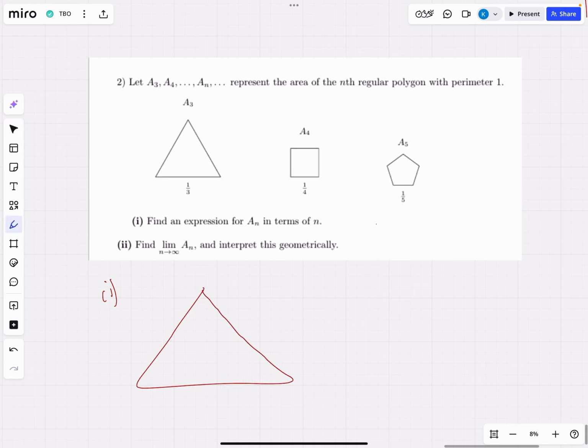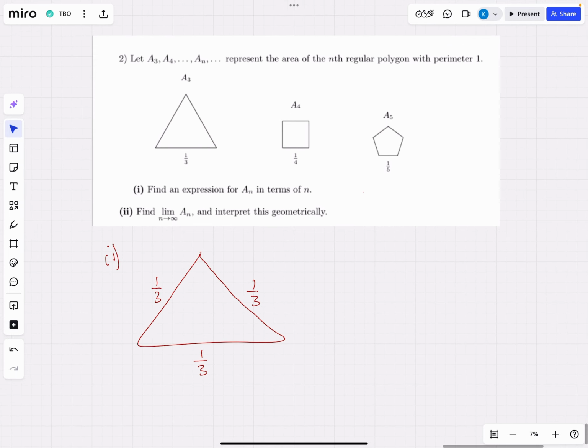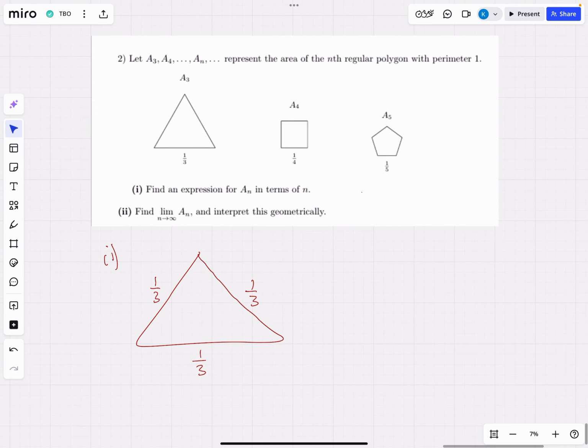So, with our triangle, I guess that's pretty much the easiest one. We're going to have here, this angle here is simply pi over 3. And I know that the area of any triangle is going to be a half AB sine C. So in this case, I'm going to have a half times a third squared times sine of pi over 3. So this is going to give me